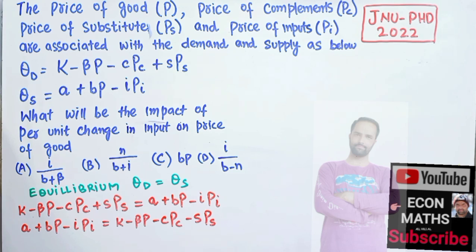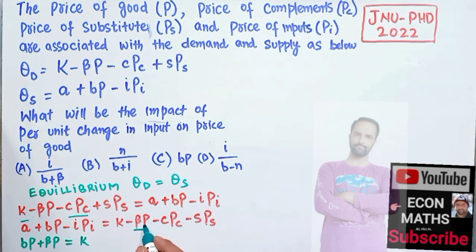Okay, so we can do one thing here. Let us transpose this beta P, the price of good, to LHS and these terms to RHS. Okay, so I can write BP transposing this, it will become plus beta P is equal to, we have